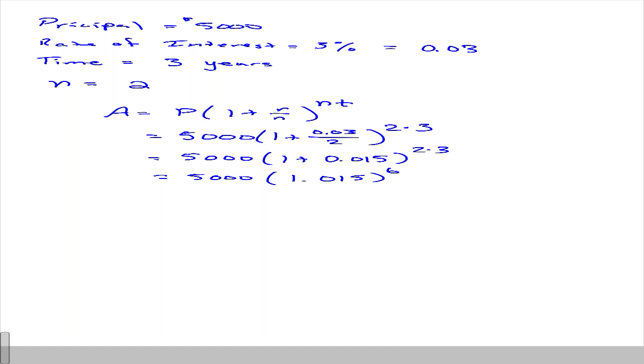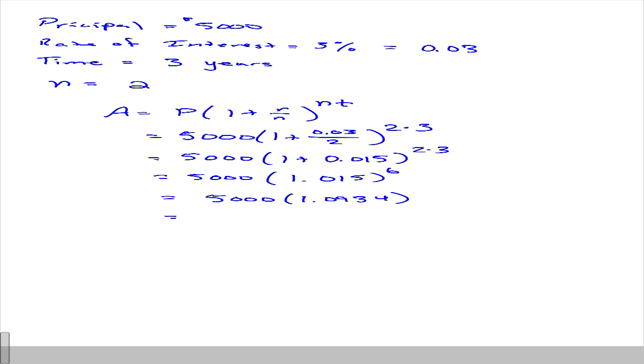Okay. Now we take care of the exponents. So we raise 1.015 to the 6th power, and we get 5,000 times 1.0934. I like to round it out to 4 decimal places just to be on the safe side. And then when I multiply the two numbers,